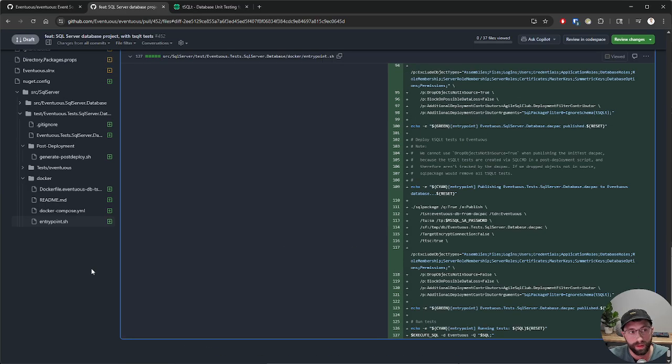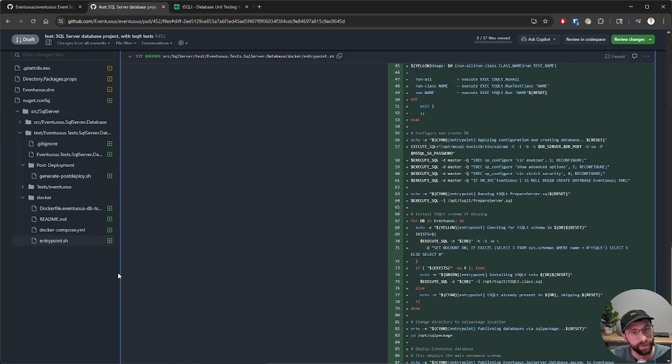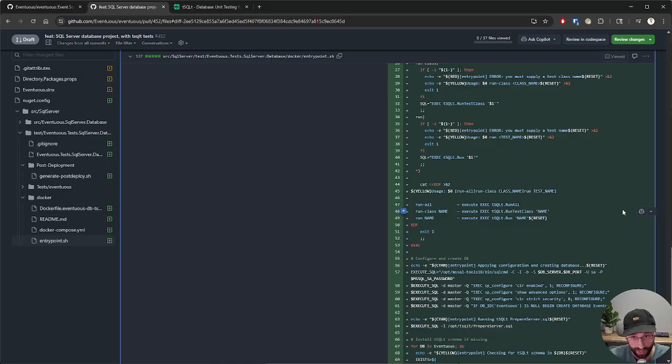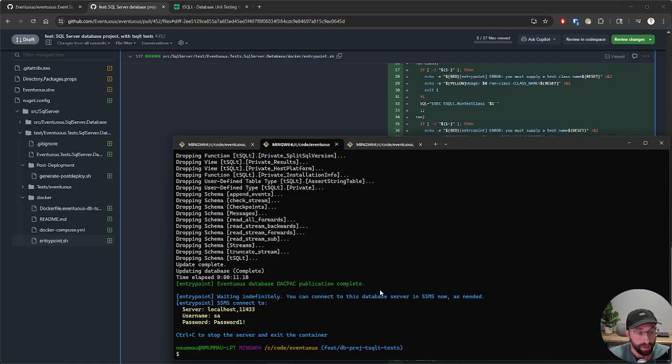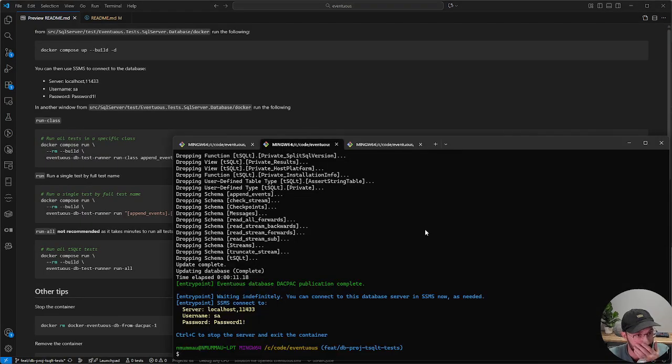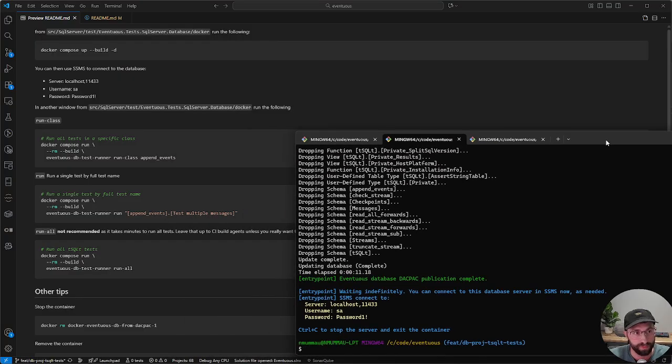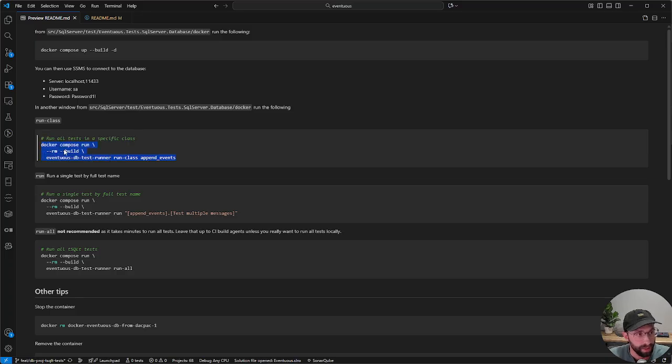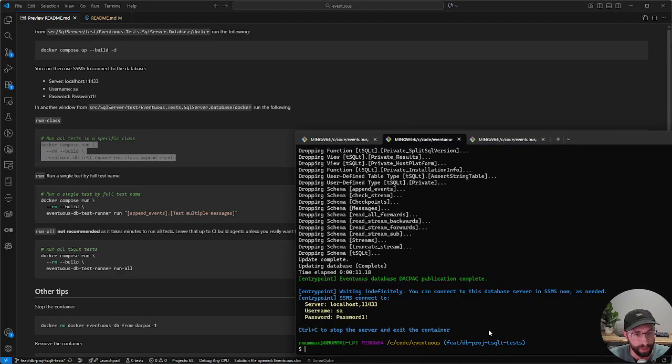So that is a lot of info if you're not familiar with these projects. So let's jump over to the command line where I showed you earlier, where we spun up our database, and back to my README file as well to help me, because a lot of this, it's just good to have a reference. So here is an example that we are going to run